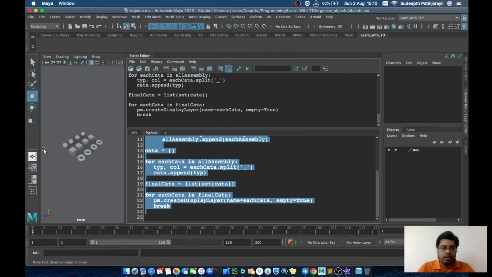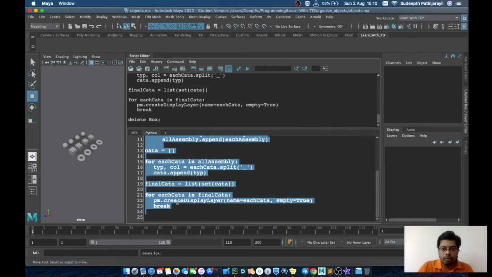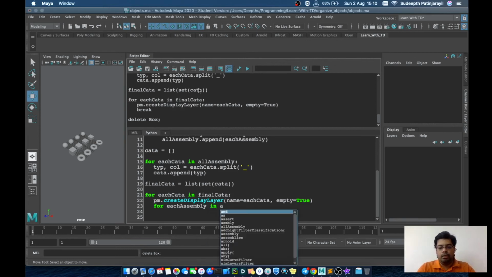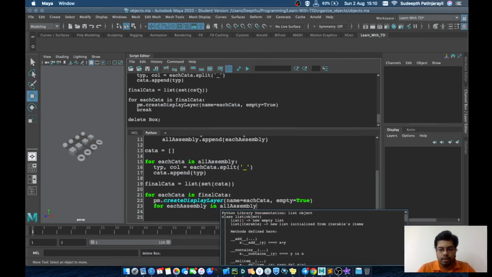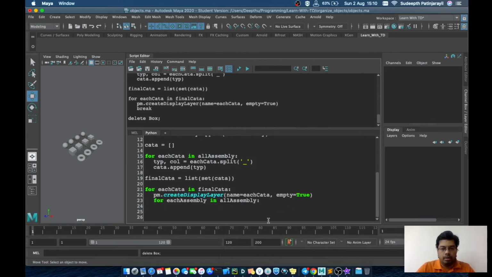The next step is that we want to add all these boxes to this box layer. For that we are going to loop over each and every item in all assemblies: for each assembly in all assemblies.